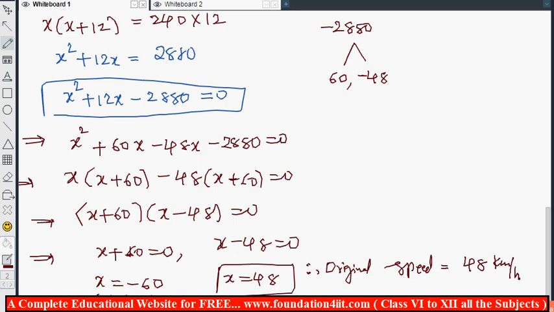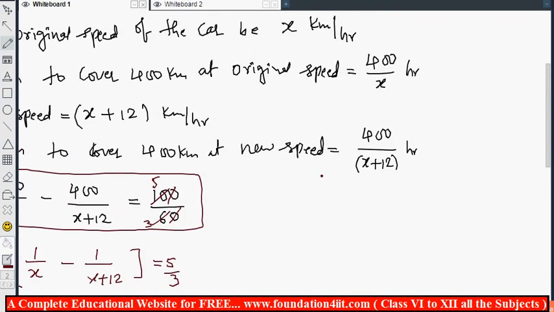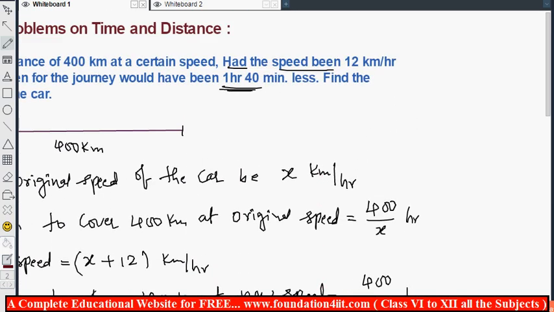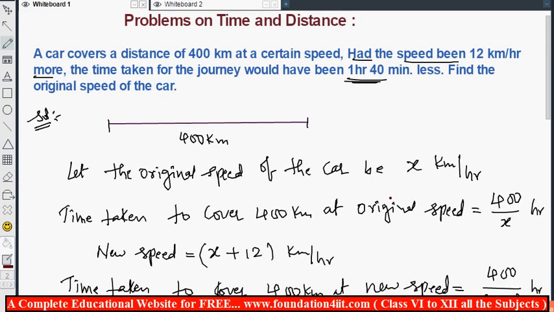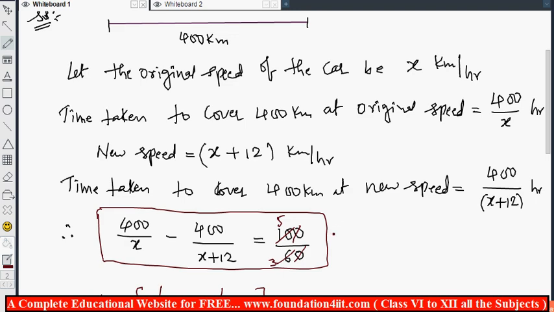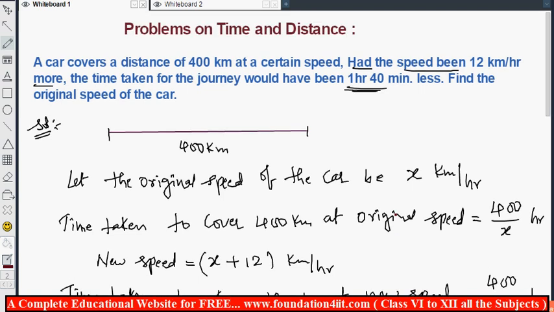If the problem is based on time, we should take the time for both the cases and subtract, because the time difference is 1 hour 40 minutes less. So I took the main condition. In this main problem, take the steps and make statements from the steps. So let us see. Now not only this, let us see a few more problems on distance and speed also. Not only time-based, there are some other problems also. Let us see now.